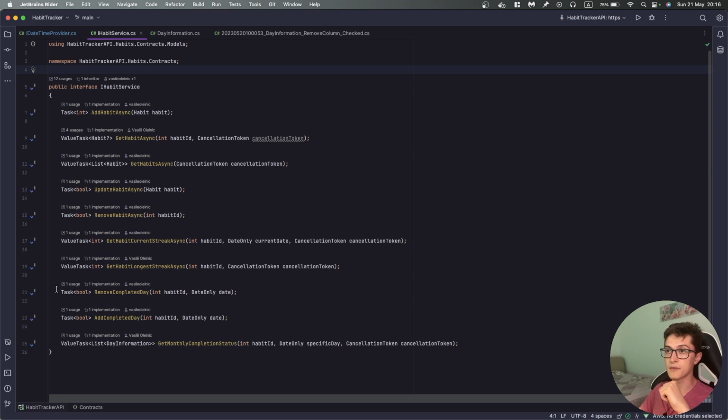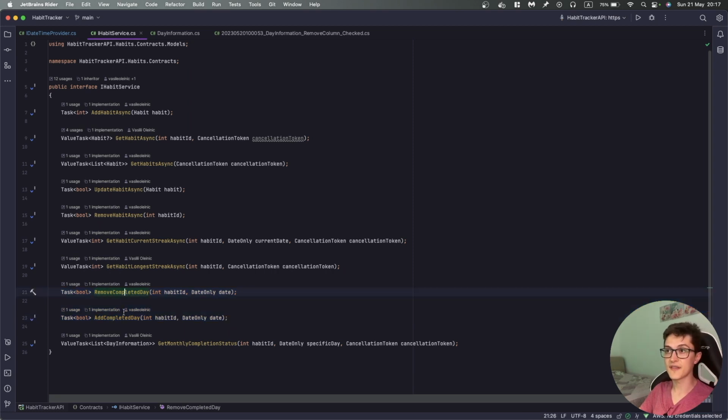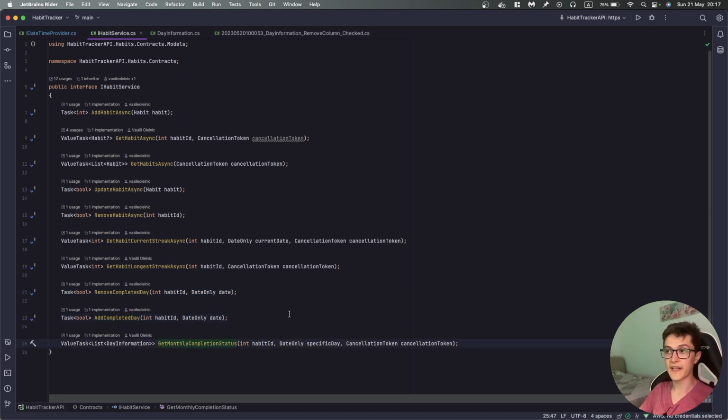First of all, I've removed the old method where we were setting up the completed date, and I've added two separate API endpoints and two separate methods, since this will be easier to unit test and easier to understand in the long run. Other than that, we have a method for getting our calendar widget information, so get monthly completion status,